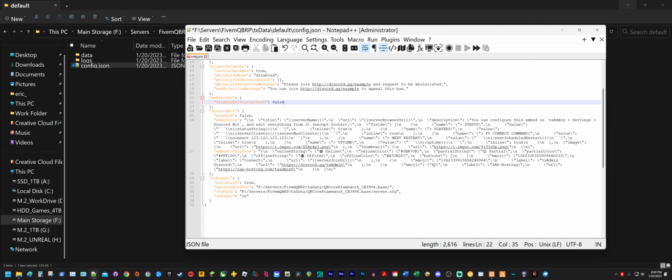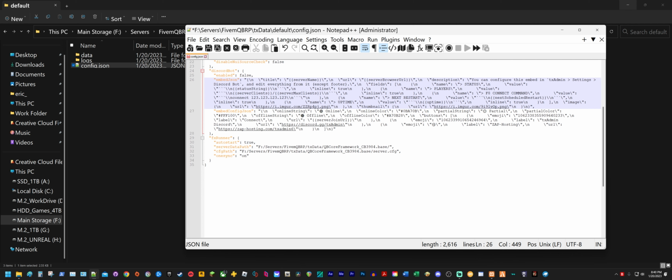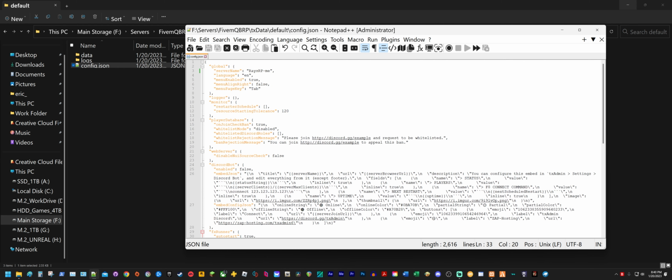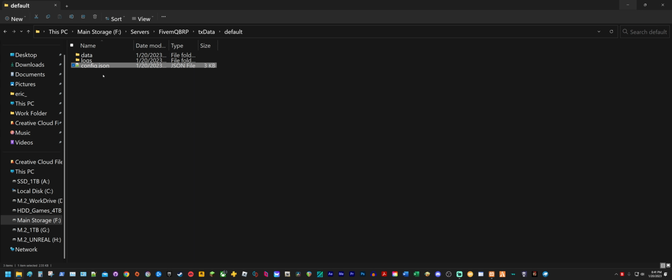And the rest of this is pretty self-explanatory. If you wanted to set up a bot for your Discord server, you can enable it, and also the auto start true, which will automatically start your server whenever you launch this profile. So I'm just going to save that, and pretty much everything is already set up the way I want it. X that out, and then I'm going to go back,